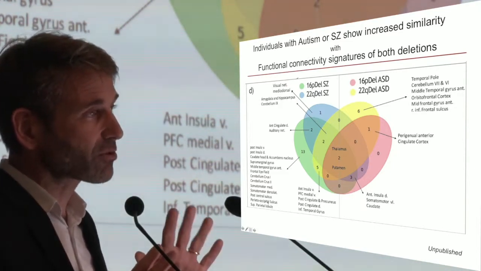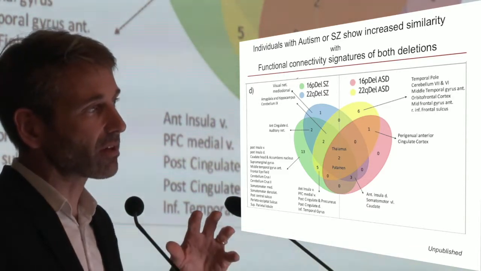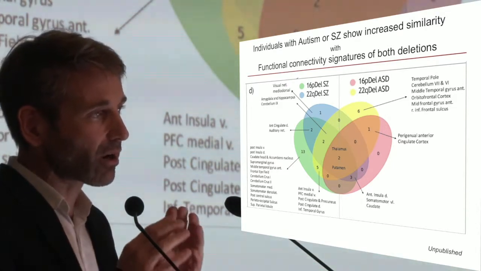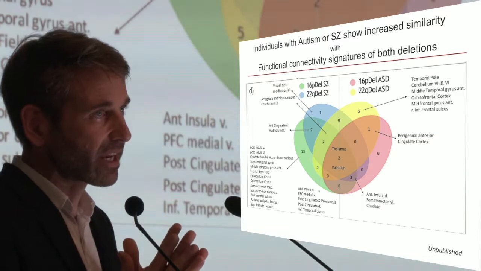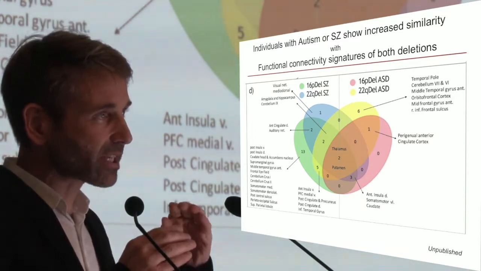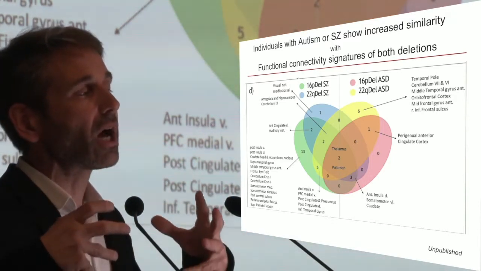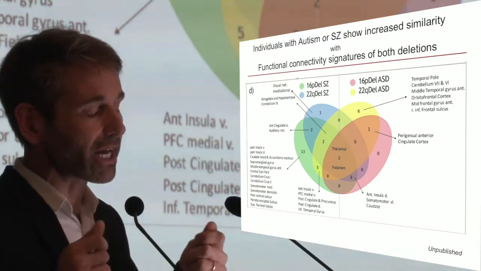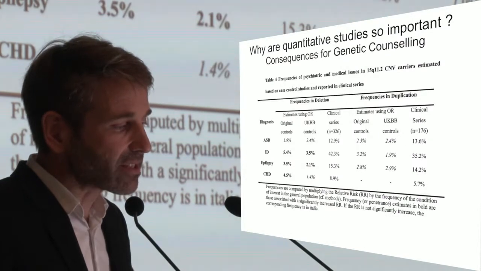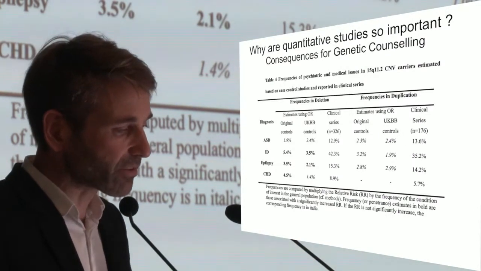So I'm just showing this because as we gather more data across the genome on these CNVs, and we have a better understanding of what are the clear patterns for the different psychiatric conditions, we're going to start being able to understand what are the basic building blocks that are necessary to drive disabilities in our patients. And you know, I keep talking about effect size, and I'm pretty obsessed about effect size,